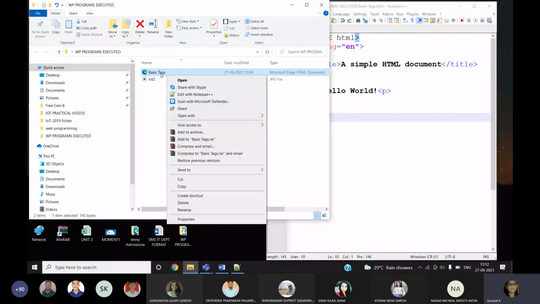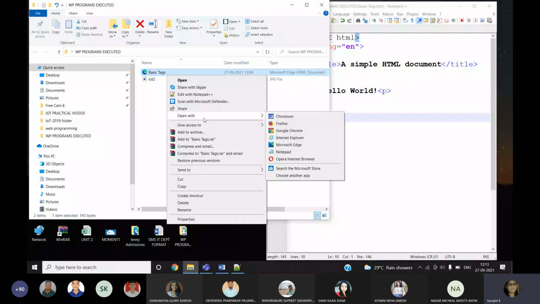Again, I will get another level of menus. In that, all my browsers and notepad will be there. Don't click notepad because we are using notepad++. There is a list of browsers, whichever is there in the system. Any one of the browsers you can select to see your output.